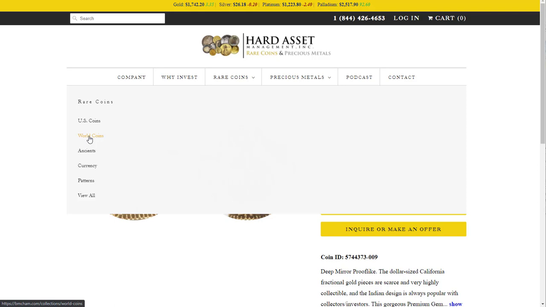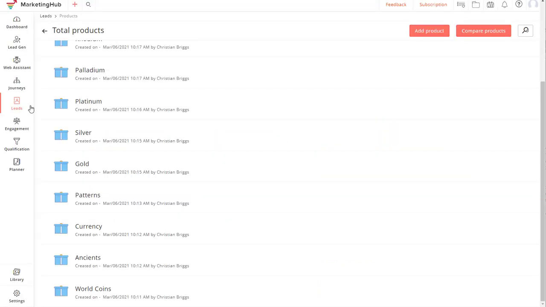So what we want to do now is set up a product for world coins and have it so that when we send someone an email and they click on that email, that takes them to our website. If and when they click on any URL or this menu and it takes them to a URL that has collection/world coins in it, then they are going to get associated with the product world coins in the Zoho Marketing Hub. So if we come here, we already have world coins,